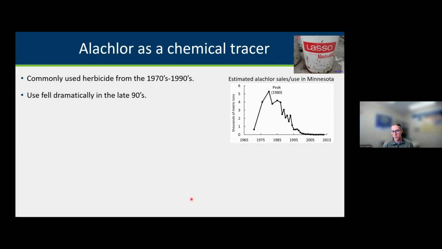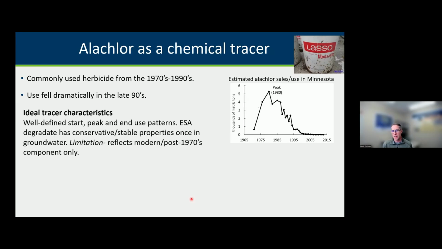What's interesting though about alachlor is that its use fell dramatically in the 1990s, and by about 2000, there was no longer any use of it, mainly because there were concerns about it in groundwater, and also there were just better chemistries that came about. So it makes an ideal tracer in that we have a defined start, peak, and end use pattern of the usage of alachlor in the state. And it does remain conservative once it gets in groundwater. But one of the limitations is that it really only reflects the post-1970s component of the